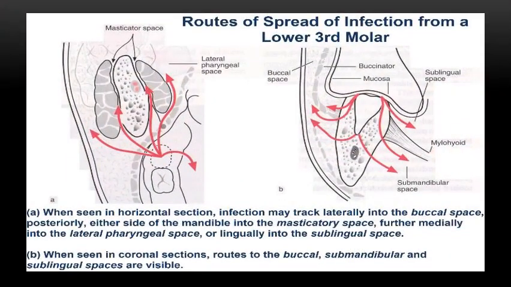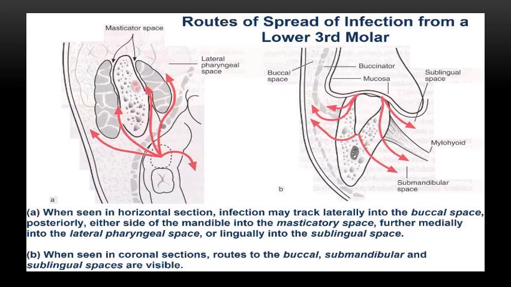The lower third molar is regarded as the jack of all trades. It can go to different destinations, depending on whether the infection is coming from a pericoronary infection or a periapical infection. On the right-hand side, you can see a coronal section showing the different destinations where the infection can go from the lower third molar: to the sublingual space if the pericoronary infection gets above the level of the mylohyoid muscle, or into the submandibular space from a pericoronary or periapical infection. On the buccal side, a pericoronary infection might lead to a buccal space or vestibular space infection, and the periapical infection will definitely get into a buccal space infection.